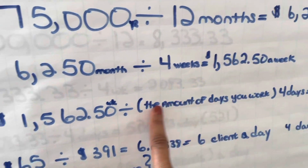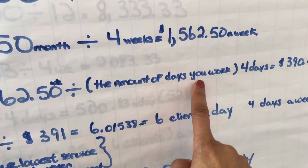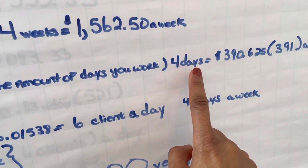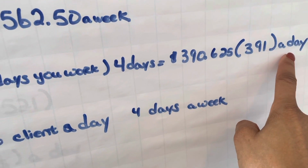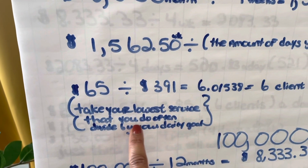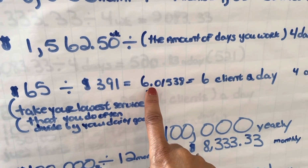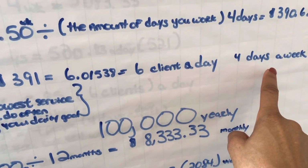Then you take this amount, put it here, and divide it by the number of days that you work. I work 4 days, so I put 4, but if you work 5 or 6, put that here, and then you divide that. With me working 4 days, I rounded it up: I need to make $391 a day. You take that amount and divide it by your lowest service that you do often, which rounded came out to 6.01, which is just 6 clients a day for 4 days. And you will make